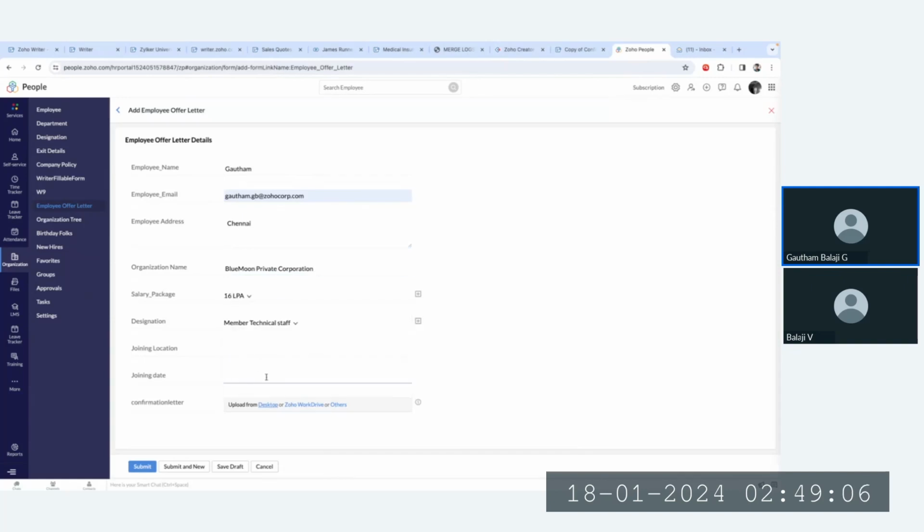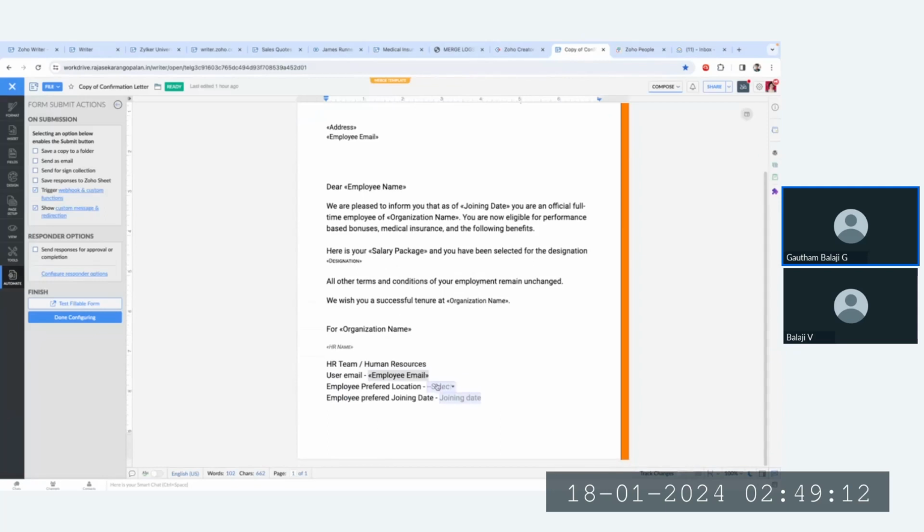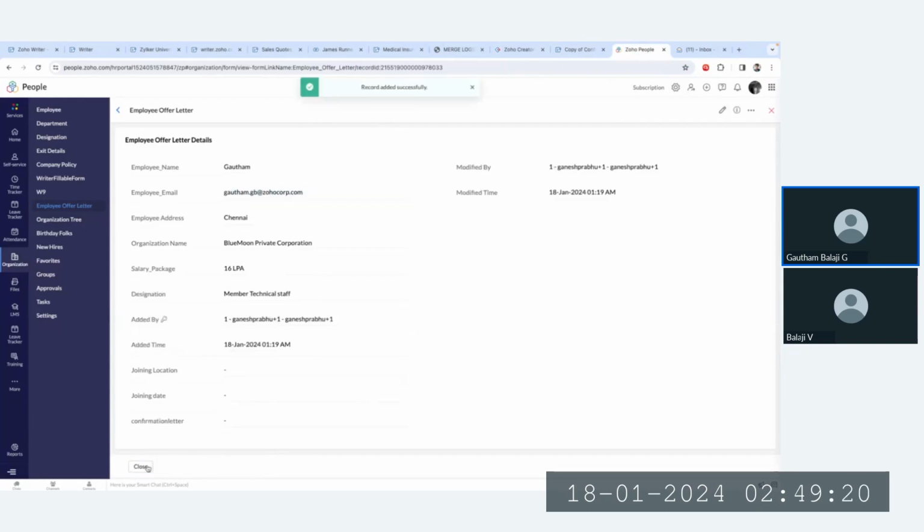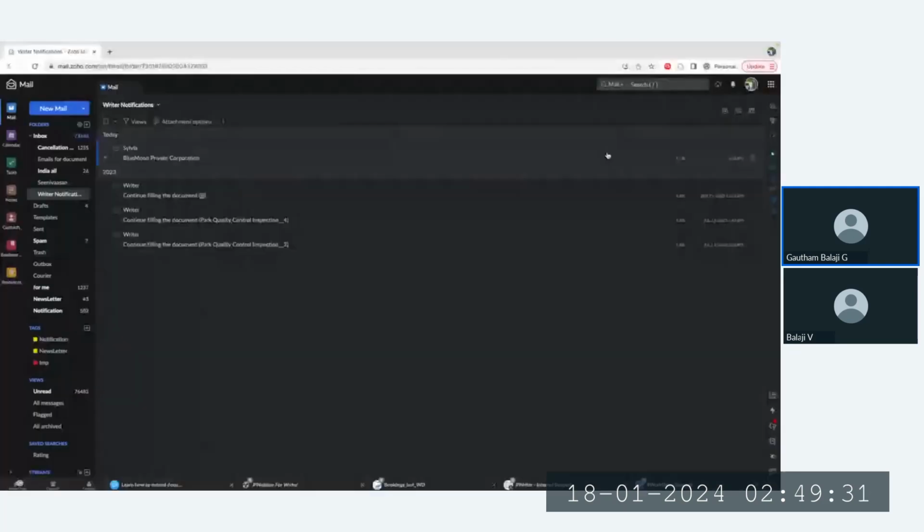And I'll just leave this joining location and joining date, as these are the fillable fields in the Writer template, which need to be filled by the selected candidate. So once this is done, I'll just go ahead and click on submit. So now this will be added as a record in Employee Offer Letter. And once this record is added, the workflow will be triggered,